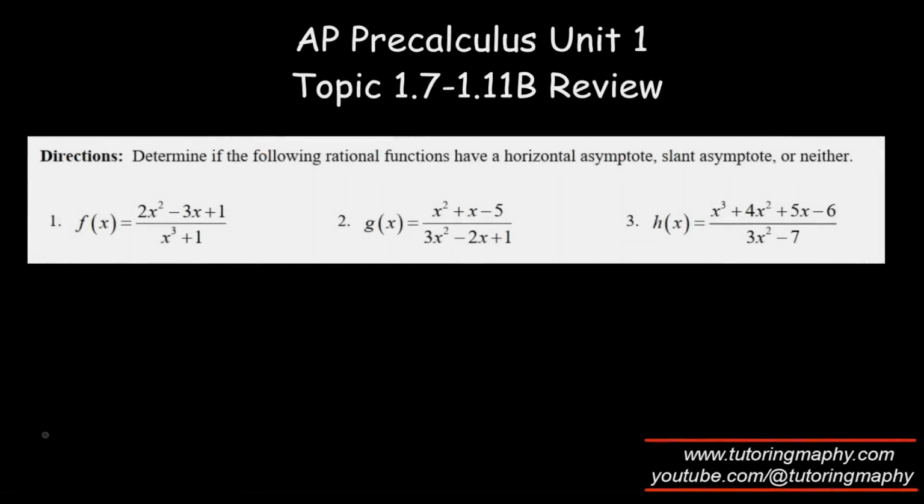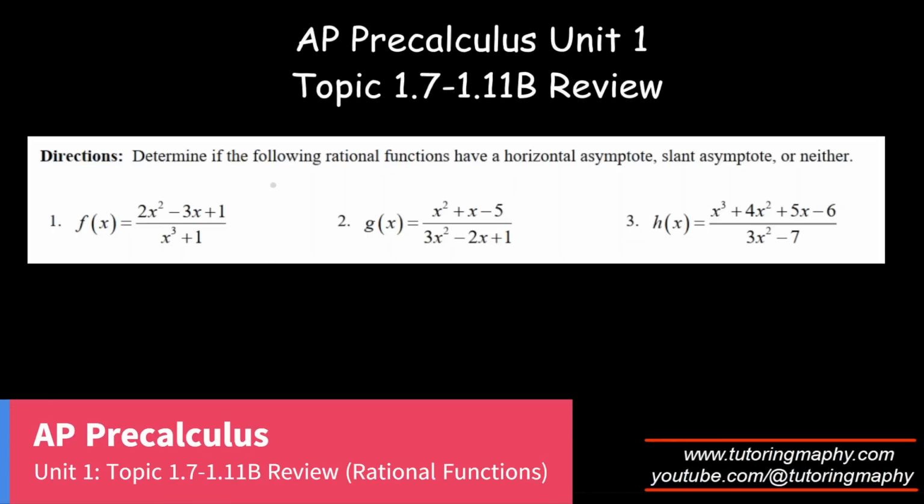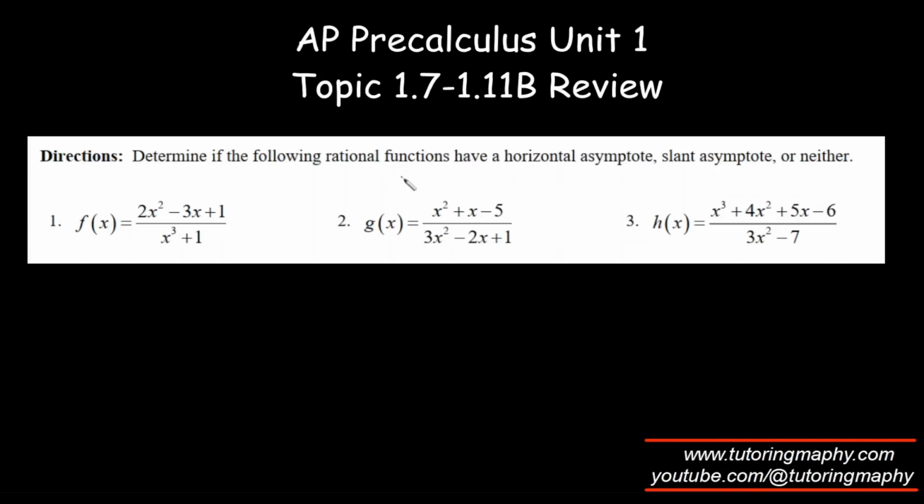Okay, this is part 2 of the review video for 1.7 and 1.7 to 1.11. It says to determine if the following rational functions have a horizontal asymptote, slant asymptote, or neither. So they're not really asking us to find it, but just to figure out whether it has an HA or SA or